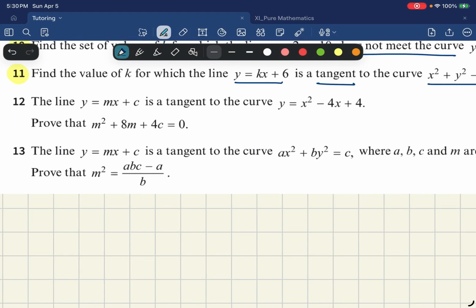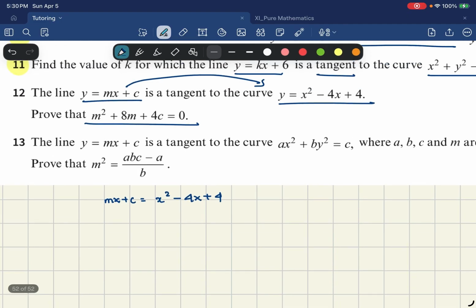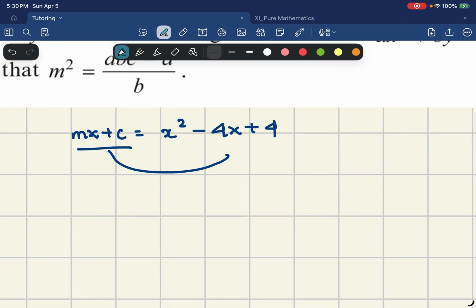The line y is equal to mx plus c is tangent to this curve. So y, again, you can just substitute your y value here. mx plus c is equal to x squared minus 4x plus 4. And it says prove that this... Okay, it's tangent to the curve. So we just want to write everything as